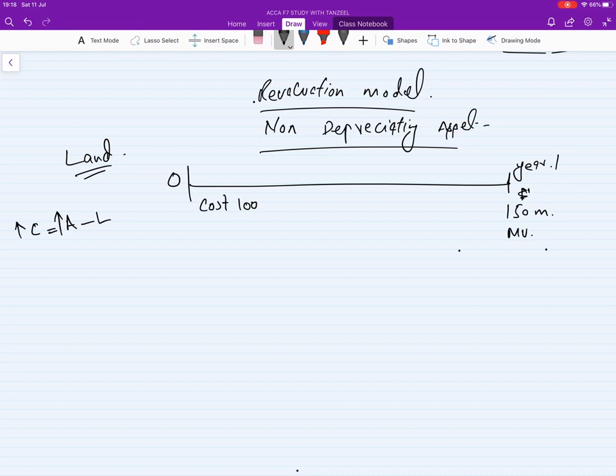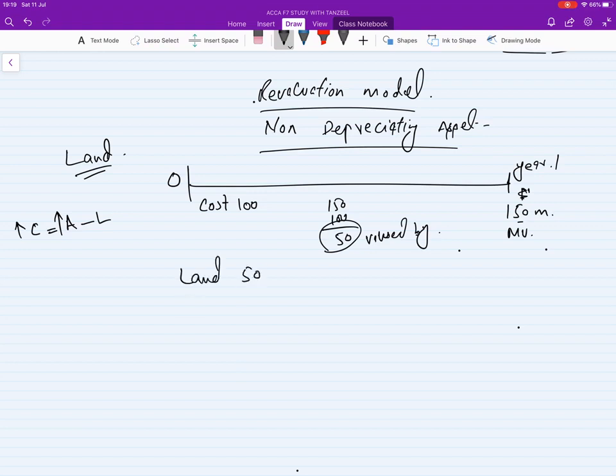The land value was increased by 50, from 100 to 150, so you got a gain of 50. So the double entry would be